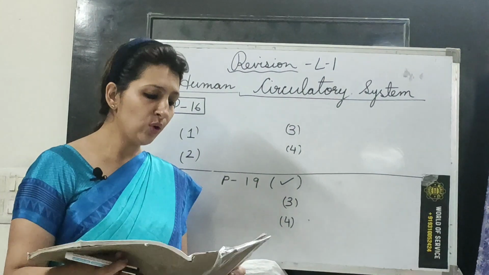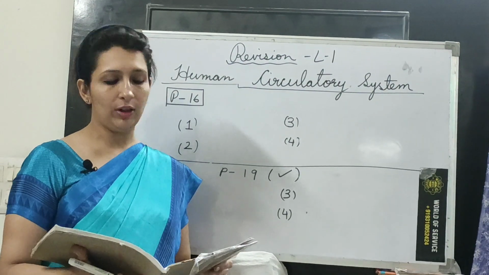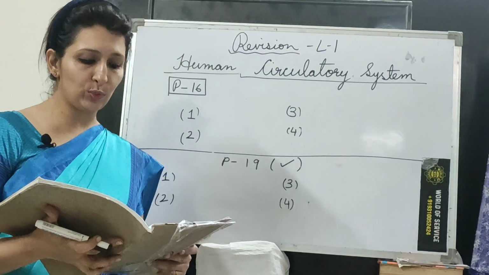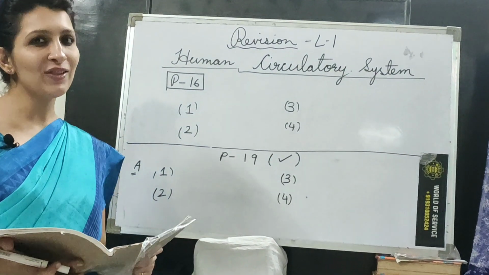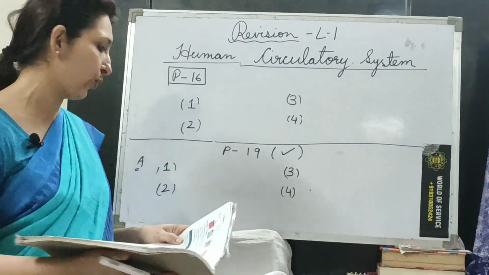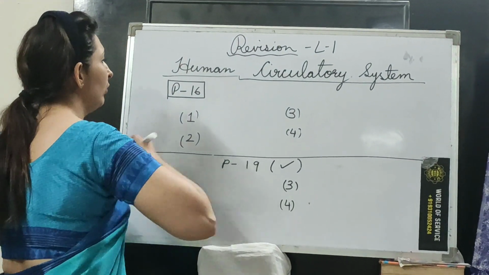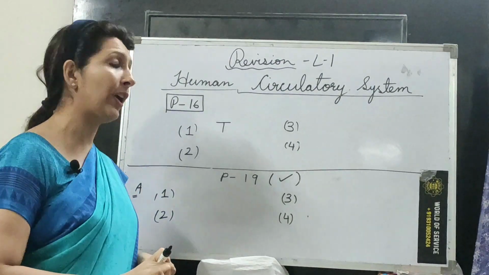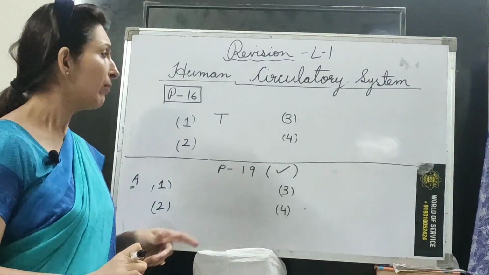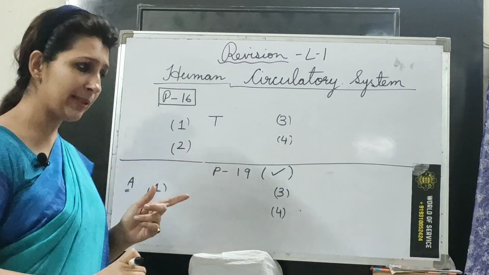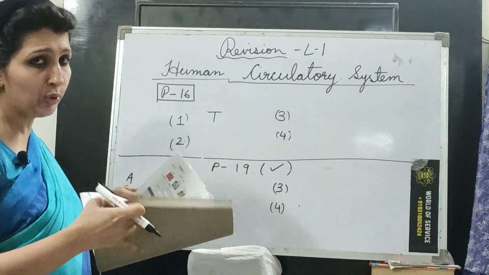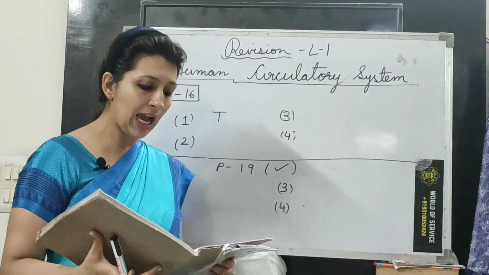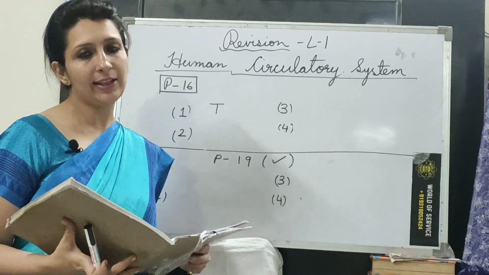Okay, so write true or false. Circulatory system transports nutrients to the cells. So what is the answer, children? Yes, the answer is true. So write down true here. Now here it is mentioned that either you can write T or F for true false. So I have written T because there is less space also. If you want to write true, you can write down, okay? Otherwise T or F is sufficient.